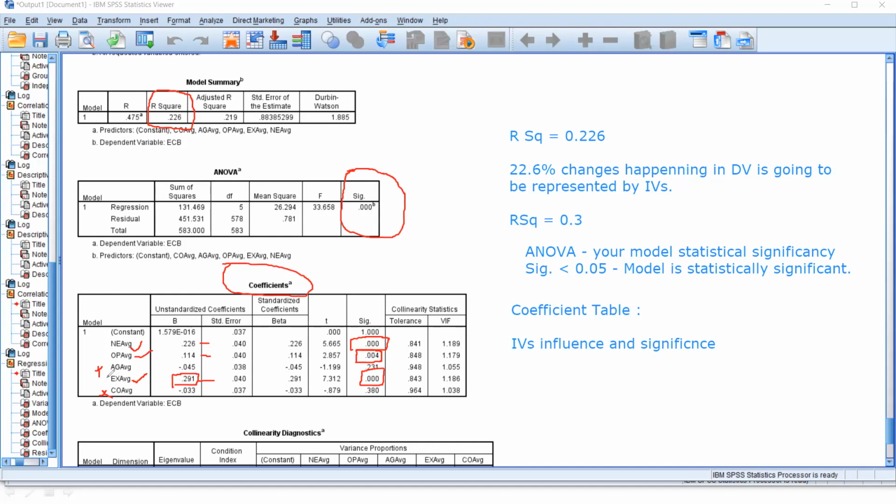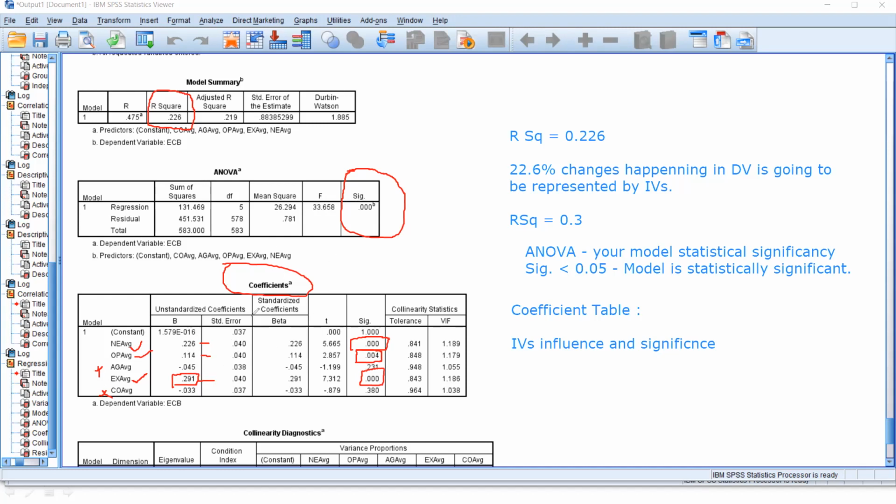Extraversion has the highest influence over environmental citizenship behavior of undergraduates in the selected sample. Then next it's going to be NE and then OP.